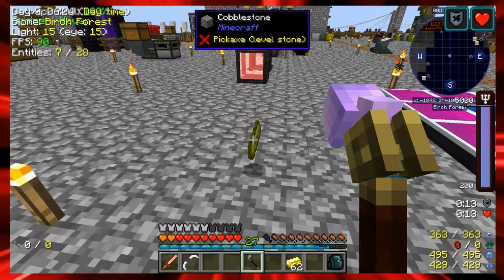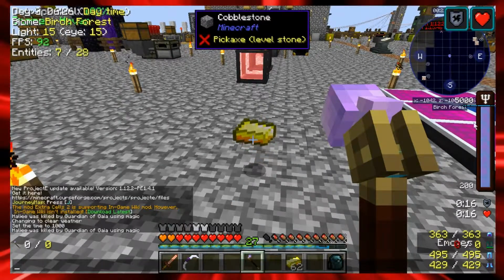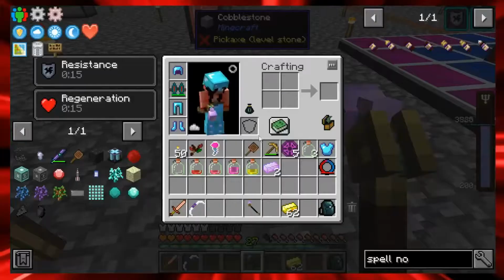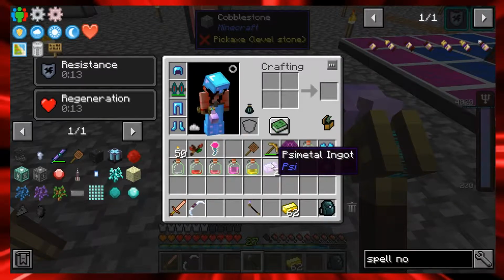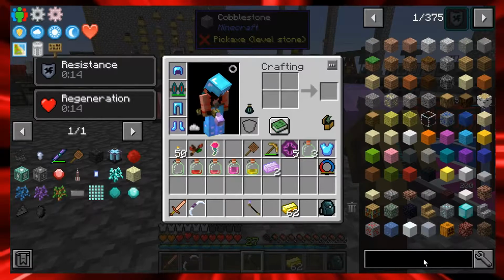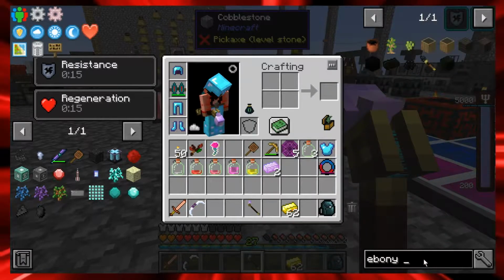You can see on the right hand side right here how much spell juice that I have. I don't know what it's called, but if I right click on the gold, it turns it into, where'd it go? Into Psy metal. So I just need 64 of those for both the ebony and the ivory. Now, to turn this into the Psy metal that I needed, ebony Psy metal,